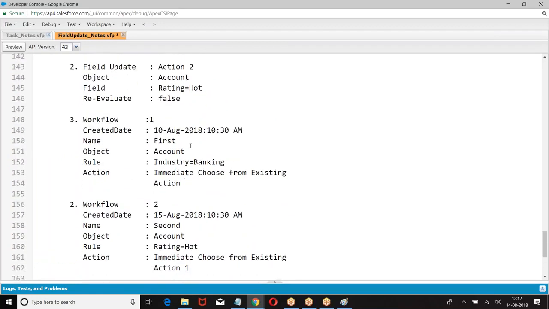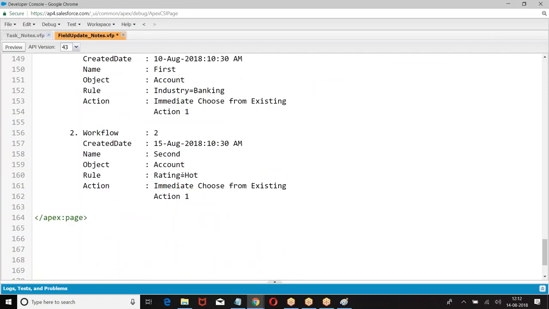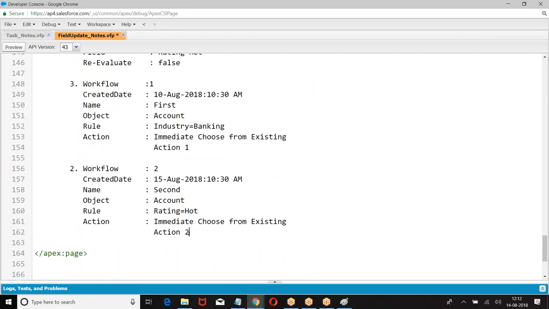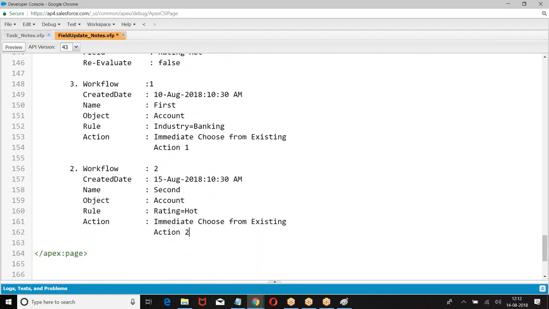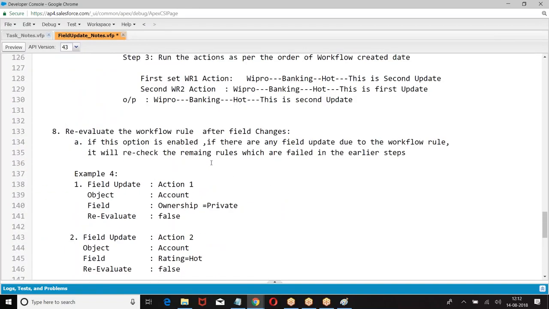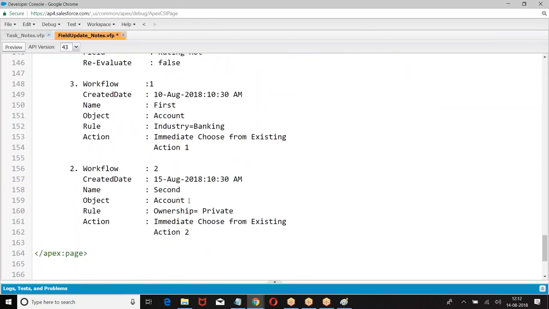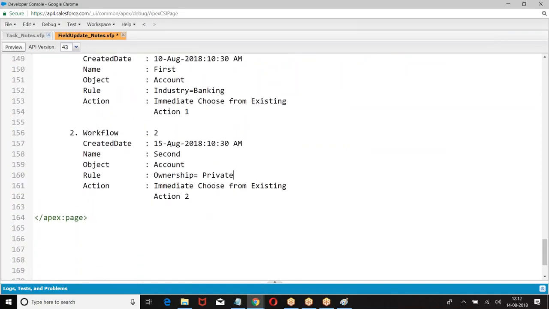Then what is the action I have to perform? Action 1. If rating equal to hot, action 2. Now if rating equal to hot, ownership equal to private. So if industry equal to banking, action 1, which says ownership equal to private. Workflow 2: if ownership equal to private, do this. Now testing.